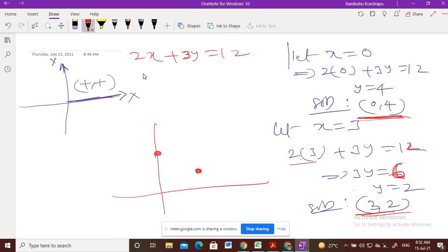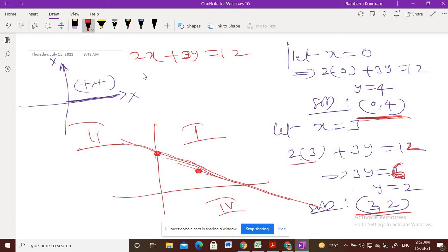Now you see, if you locate these 2 points, Saubhagya, these 2 points are lying in the first quadrant, you can see. If you join them, generally it will go like this, na. Yes, sir. That means the maximum portion is in the first quadrant, and this line is also passing through the second quadrant and the fourth quadrant.